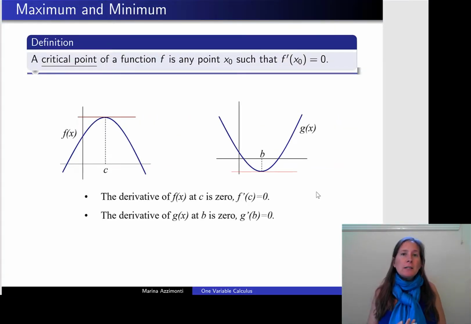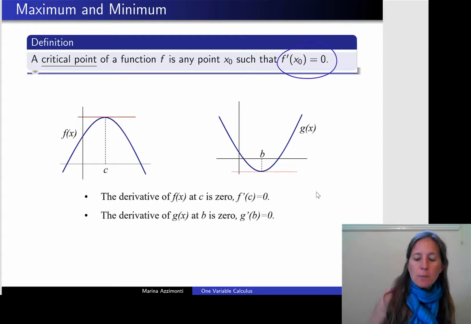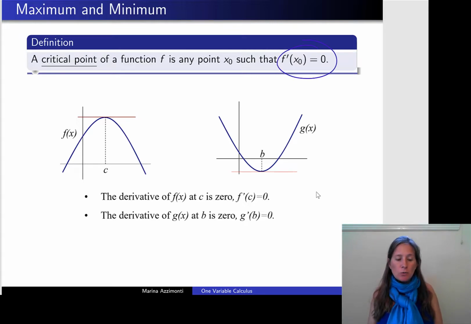Now, another nice property of first and second derivatives is that they allow us to figure out where maxima and minima of a function are. And for that, let me first introduce a critical point. So what is a critical point? A critical point in a graph is a point where the first derivative doesn't increase or decrease. In other words, it is a point where the first derivative is equal to 0.